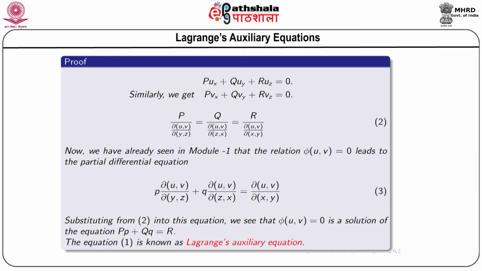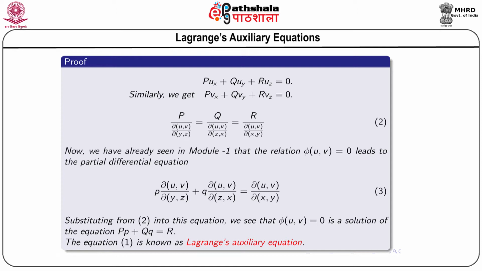Now, we have already seen in module 1 of this chapter that the relation phi(u, v) equals 0 leads to the partial differential equation P del(u, v) del(y, z) plus Q del(u, v) del(z, x) equals del(u, v) del(x, y). Now, substituting the values of the Jacobians from relation 2,